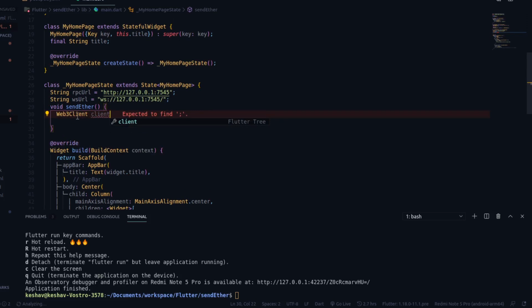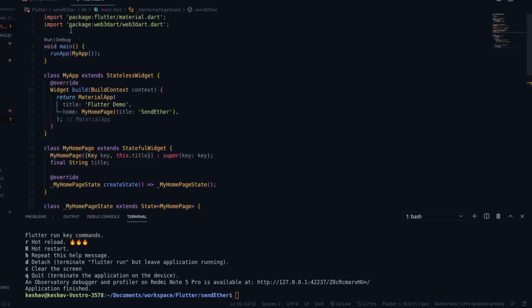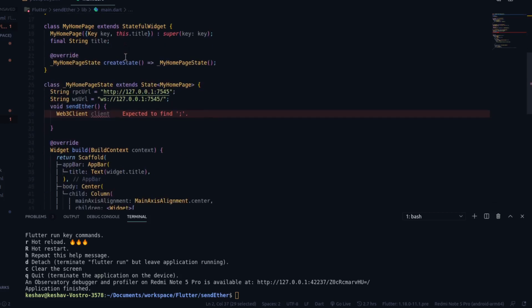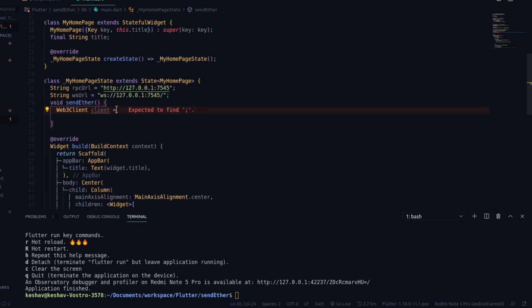So this Web3 client comes from this particular library, web3dart. It's gonna take a constructor, gonna create an object of Web3 client like this, and it's gonna take a URL. So here we're gonna pass our RPC URL,